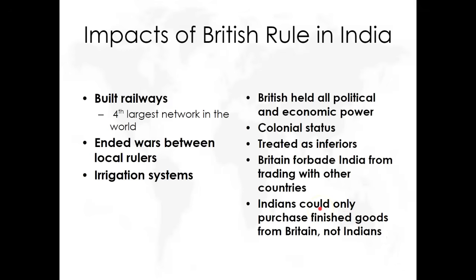Indians were required to purchase clothes from British merchants. We know later on Gandhi will revolt against that. He will create a form of resistance. That in particular is called the homespun movement. But the whole point of imperialism is the colonizer needs to get really wealthy at the expense of the people they're colonizing.